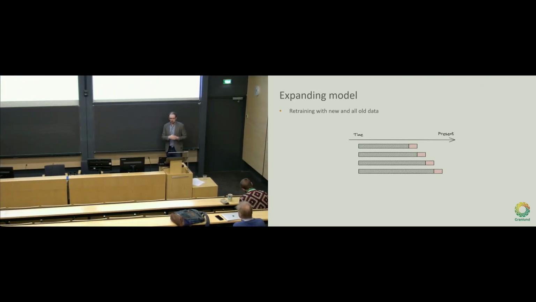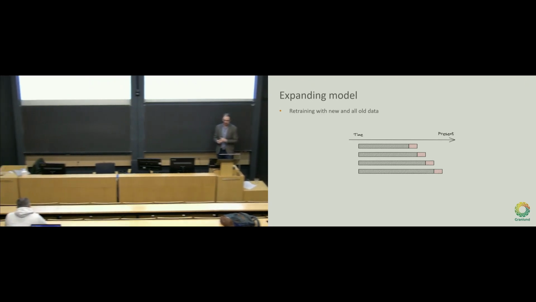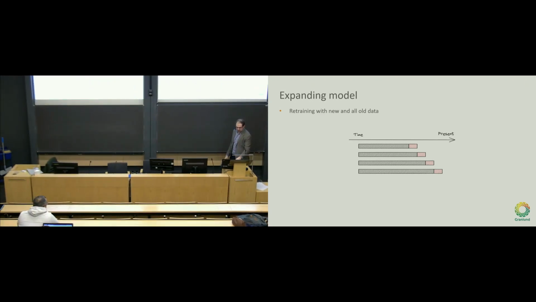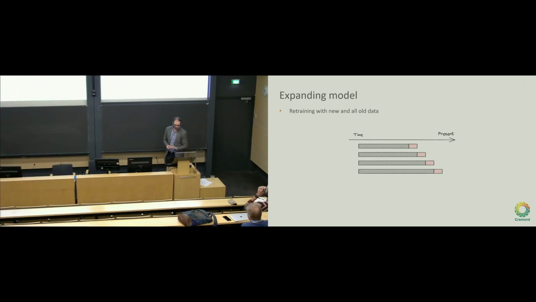Is it something you do daily, monthly, yearly, or because of some drift detection, and then you start the training? But the thing is that the next time you do the retraining, you take the newest data and all of the history, and you train a new model. So in every case you have a new model starting from scratch till the latest data. That can be good in some cases, but